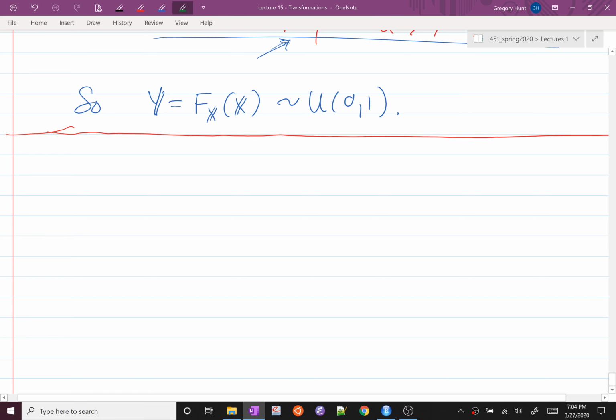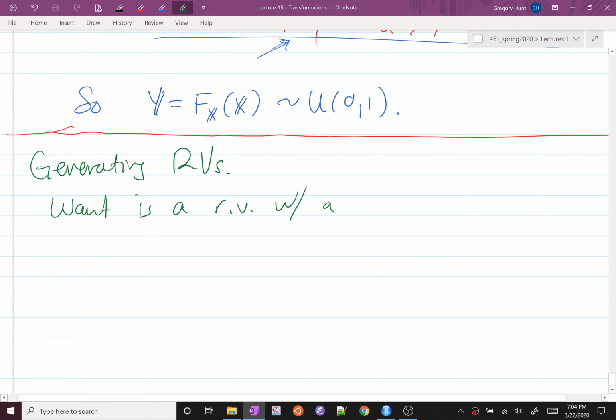But let's say generating random variables. What I want is a random variable X with a CDF, let's say F_X. Specify whatever I want. I want a normal random variable. I want an exponential random variable. And so these I know what a CDF is, and I want to be able to generate